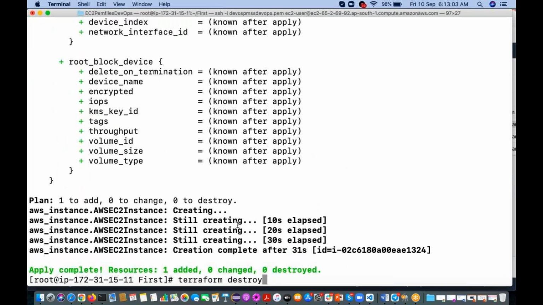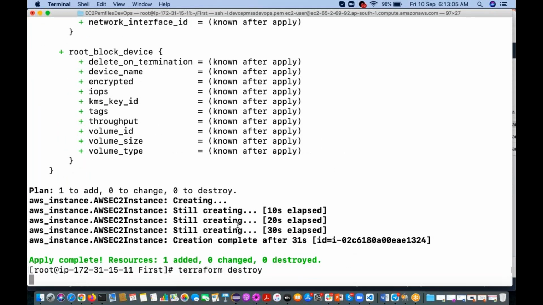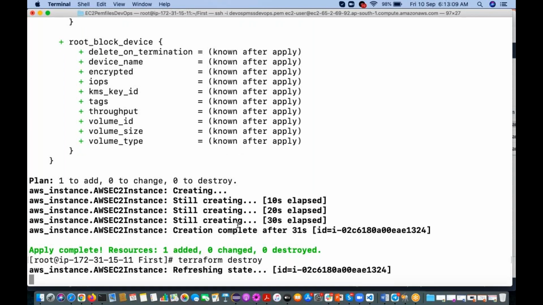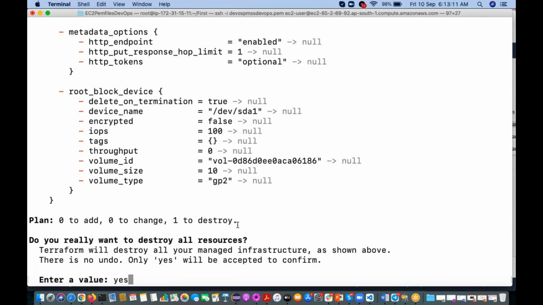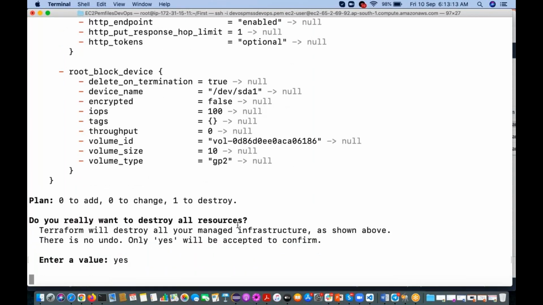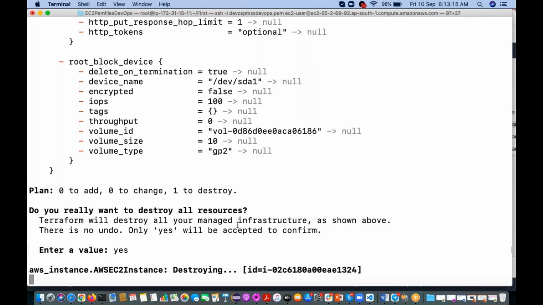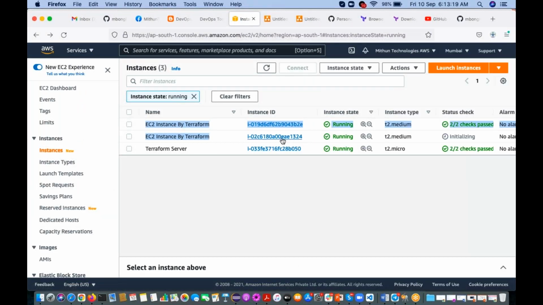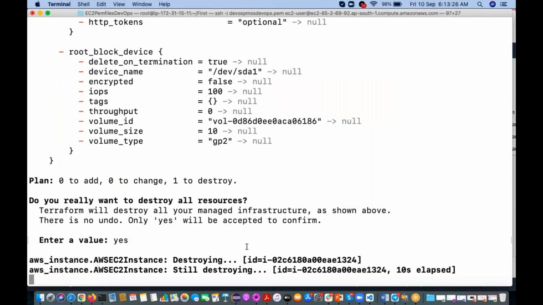Okay, so just hit enter. It is going to delete only one instance. It is not going to delete the two instances. See, 1324. So this one it is going to delete. Okay, still it is destroying.